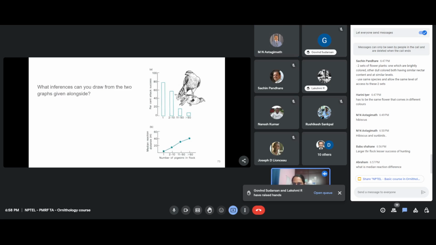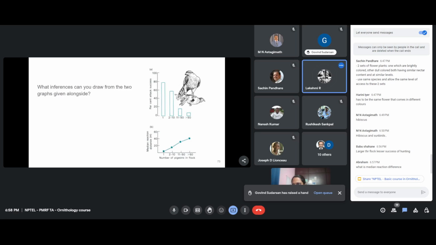Okay, and what about the second graph? That's the distance from which it is attacking. Right, exactly. So larger flocks take flight at a greater distance from the hawk, right? Yeah, how long the chase is, how far the chase has to be. And why is that? Why is that thing happening in the second graph? Higher energy input, and hence birds might get tired, if hunting takes a lot of time and a lot of chasing happening.